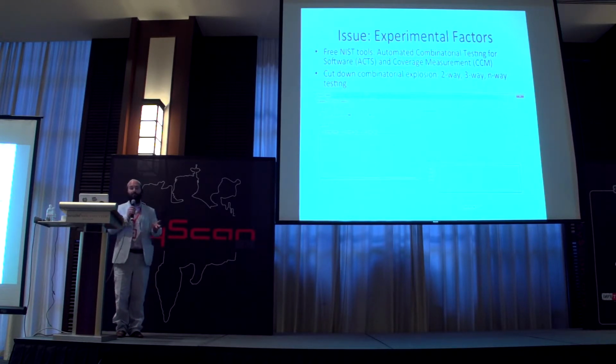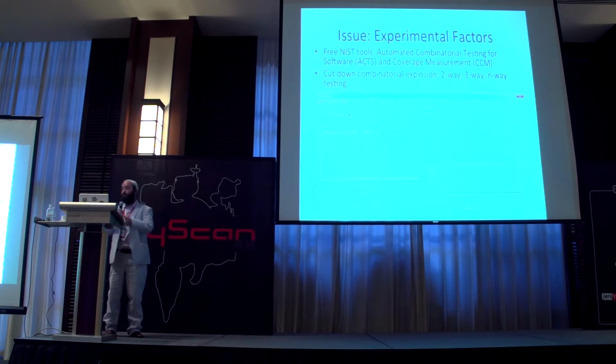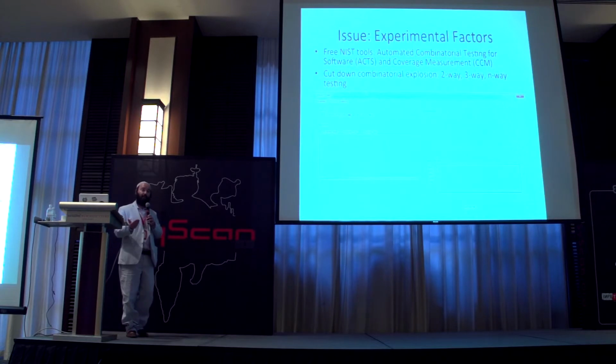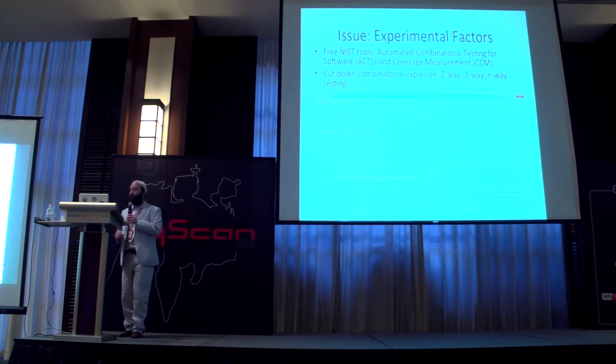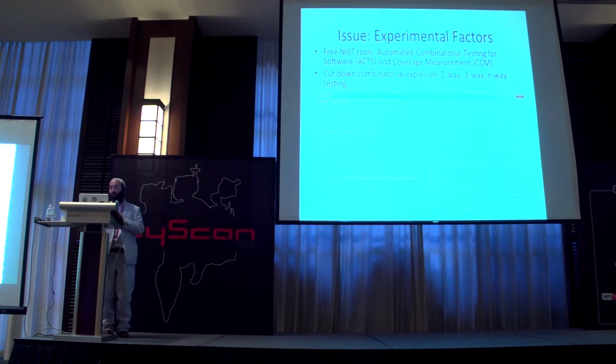Luckily, courtesy of the US taxpayer and NIST, you can use, for instance, the ACTS and the CCM tool. You can cut down on 2-way and 3-way and N-way testing. If you take nothing from my talk, have a look at this tool. It's for free. You can download it and you can do whatever you want. Here I was testing